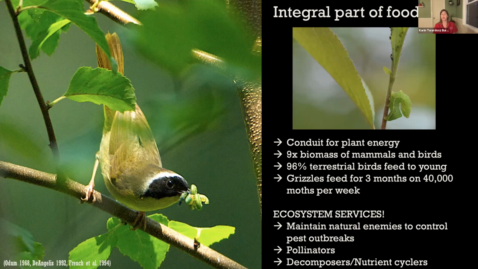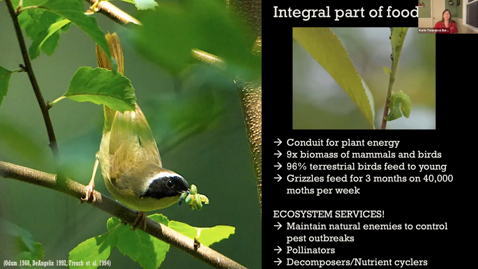So these insects are integral parts of food webs. They provide a conduit for all of the energy that's being fixed by the photosynthetic parts of the plants to move up into other parts of the food web. So they support many, many birds and small mammals. Even foxes will eat a good part of their diet as insects. Breeding birds in particular rely on feeding their young insect herbivores for a pretty large part of their diet. Migratory birds also rely on them.